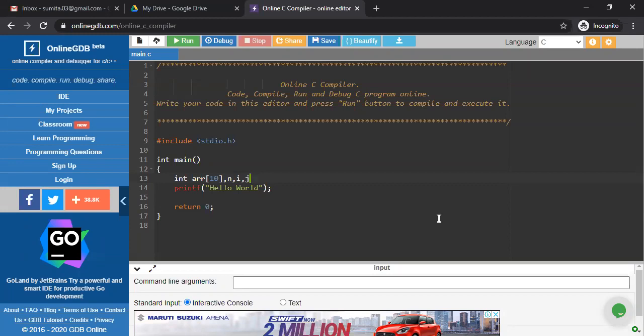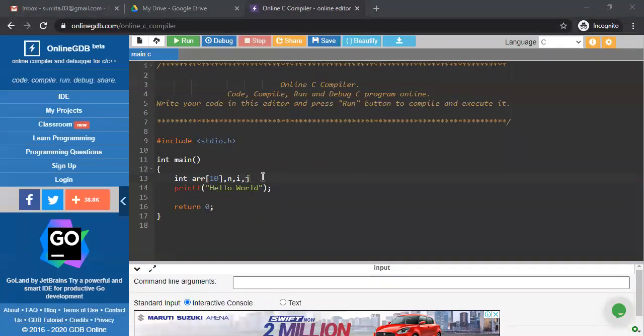No problem with that. Just take two different loop variables, one for the outer loop and one for the inner loop. Outer loop means the pass number and inner loop means the comparison number. That's the only difference.